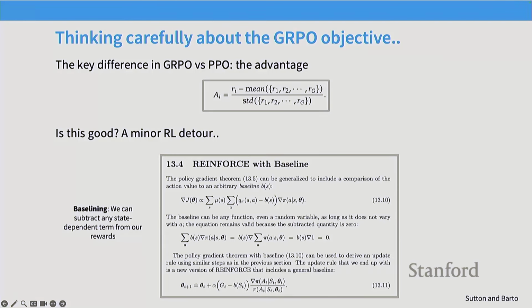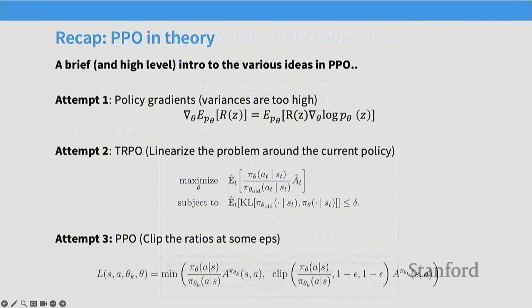On this slide, we've got right here at the very top policy gradients. This is the most basic RL algorithm that you can do, right? You take gradients where you multiply the log probability gradients with the reward. This is something that I'm always allowed to do. This is a mathematical equivalence. Now, one other thing I can do is called baselining. I can take this reward z, and I can subtract any constant, in fact any random variable that doesn't depend on z itself,